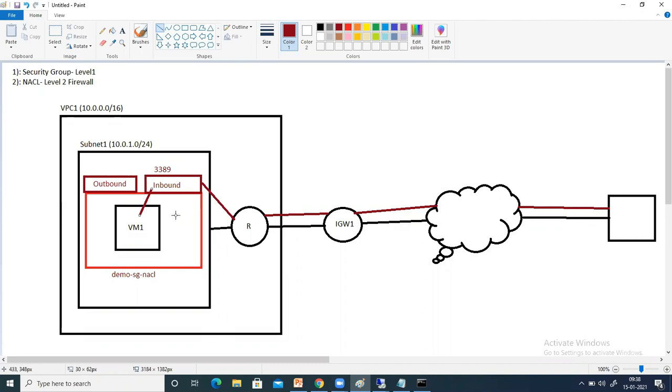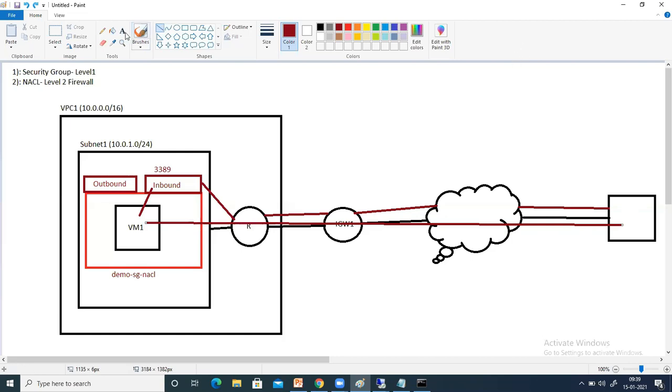When the connection comes and connects to this EC2 instance, it should also return back. Then only will you be able to complete this whole circuit, and then only will you be able to take the RDP session of the EC2 instance. Suppose you connect here, but this traffic is not coming back to your laptop. In that case, the RDP session will not happen. You will get an error message that it cannot connect to this EC2 instance. So it should go and return back. This circuit should be completed. This concept is very, very important. Just keep this in your mind: circuits should always be completed. Then only will any connection be complete.